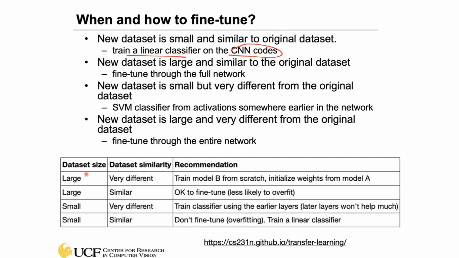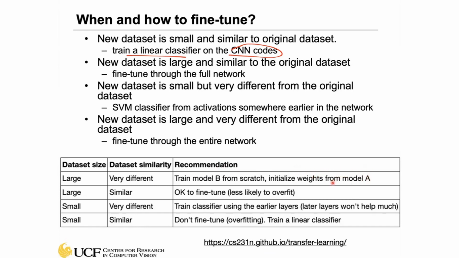So you have a decent data set size, but the data set is quite different from ImageNet, which is RGB. The recommendation, if you still want to do transfer learning using the pre-trained weights from ImageNet,